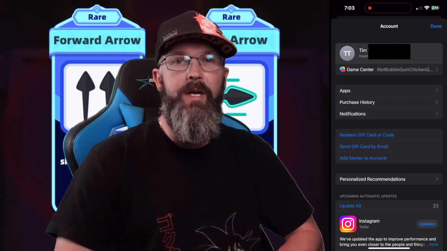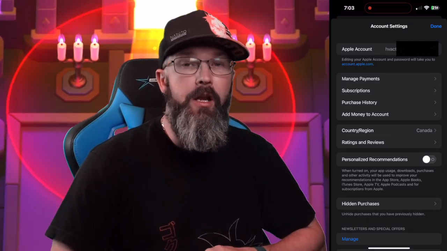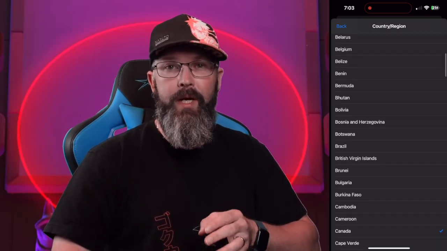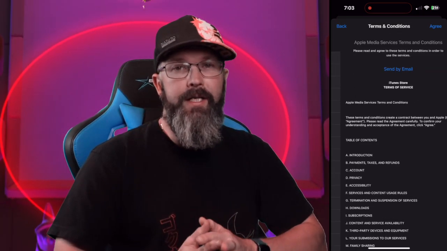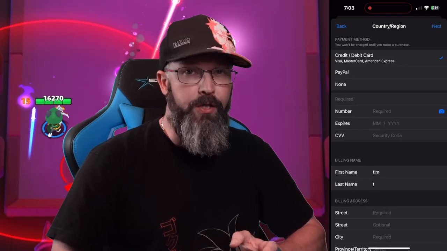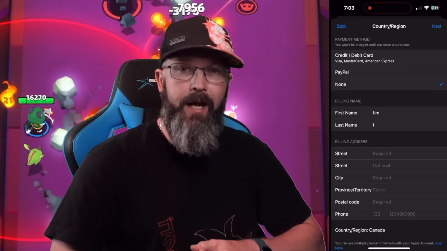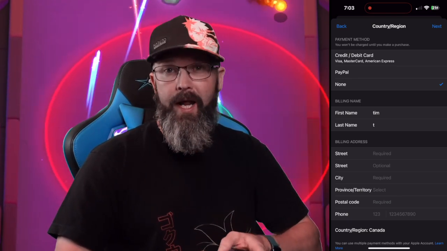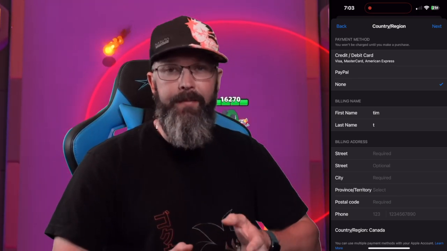This will bring you to the screen where you'll find country and region. You want to click on that. We then want to go down, click on Canada because that's where it's available on iOS, and then hit agree at the top right. Now luckily for us, Canada doesn't require any type of purchase or credit card to be attached to your account, so you want to just go down and select none on that. We'll talk about if you want to add money to your account later, but simply go to none,